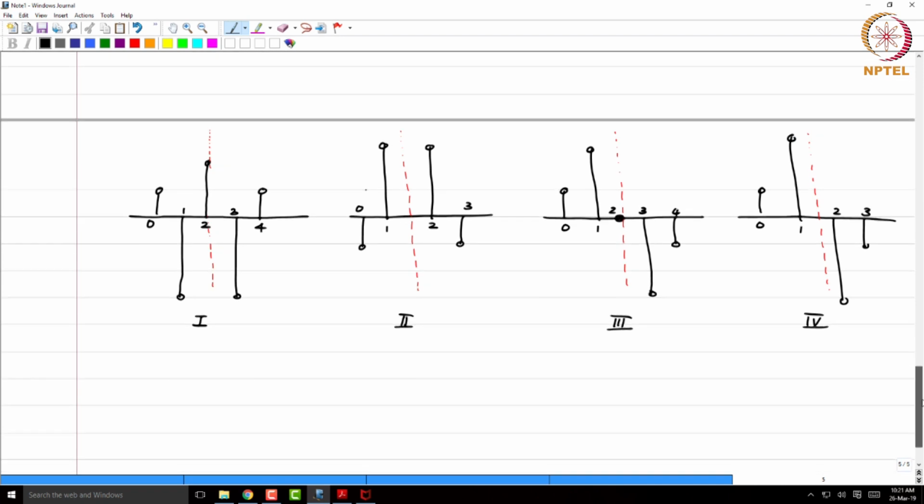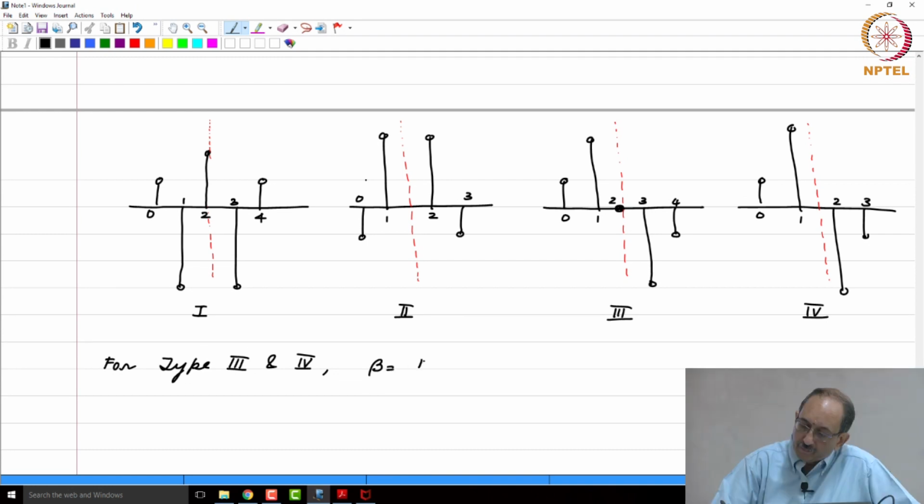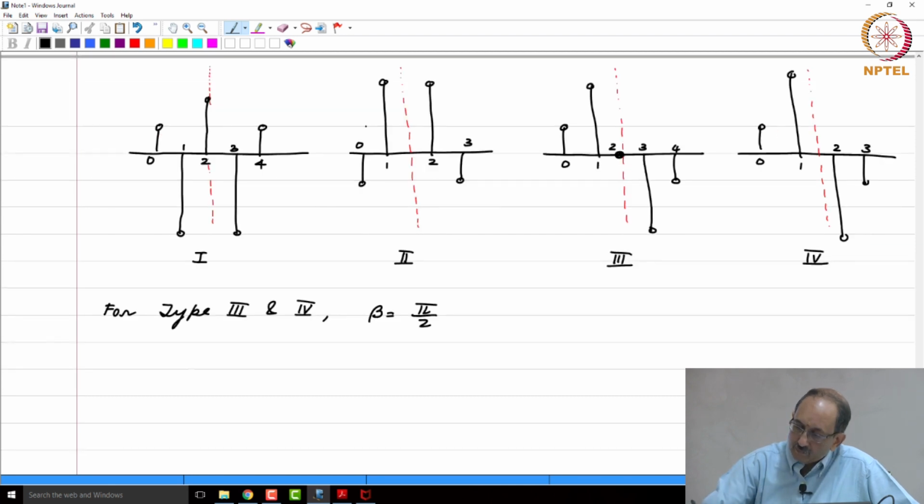And again things are consistent as they should be. For type 3 and 4, we obtain them by letting beta equal pi by 2, and recall that